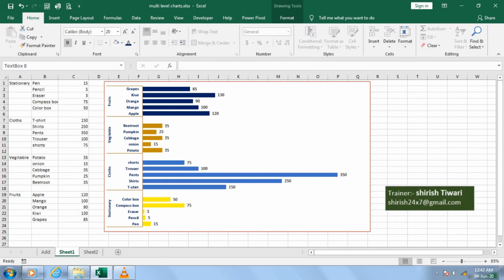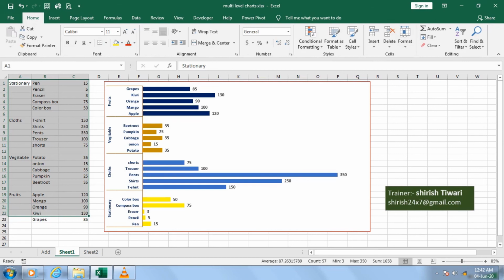Okay guys, so I hope in the entire series you have understood how to create a chart and how to use these tricks and how to use the logical formula, and after that this chart is created. Now everyone can understand the basic data of your chart and the value of your chart, and all these are clearly readable and understandable.